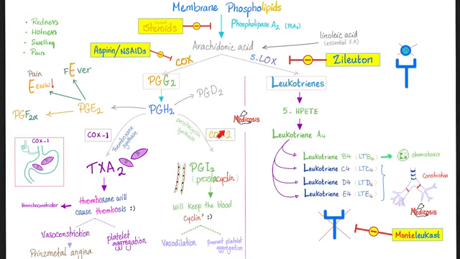Tell me more about the prostaglandins. We have many prostaglandins. There is prostaglandin G2, there is prostaglandin H2, there is prostaglandin I2, also known as prostacyclin, which keeps the blood cycling, meaning the blood will keep flowing without any clots. This is the exact opposite of thromboxane A2, which is pro-thrombosis. So thromboxane A2 wants you to clot, but prostaglandin I2 or prostacyclin wants you to not clot.